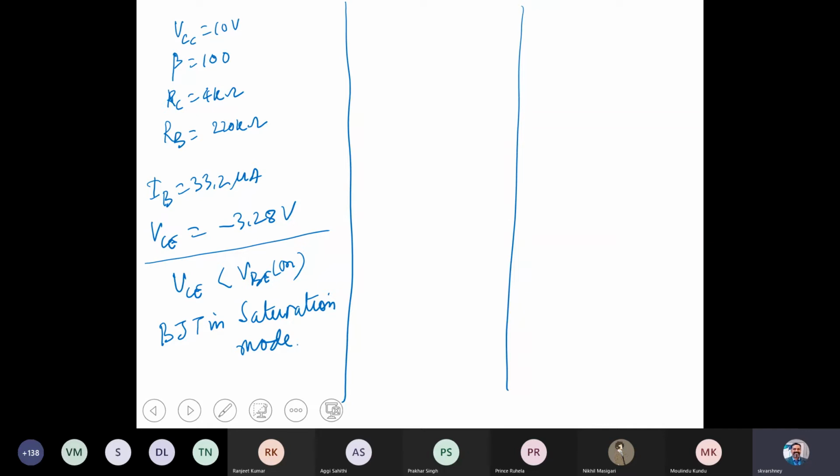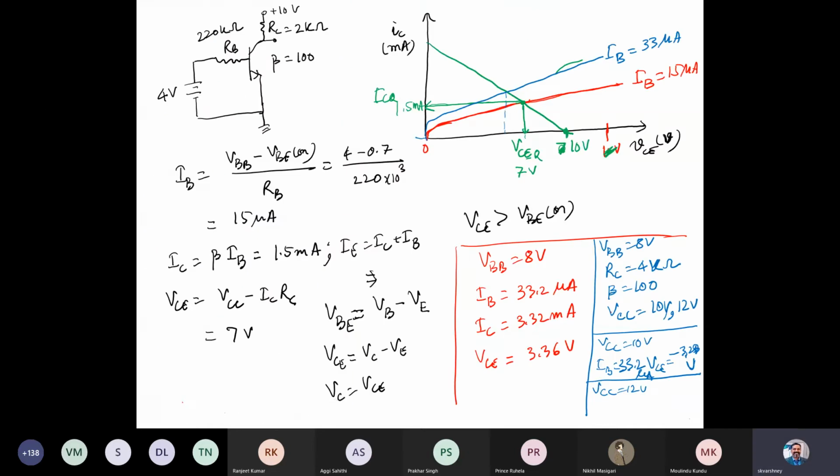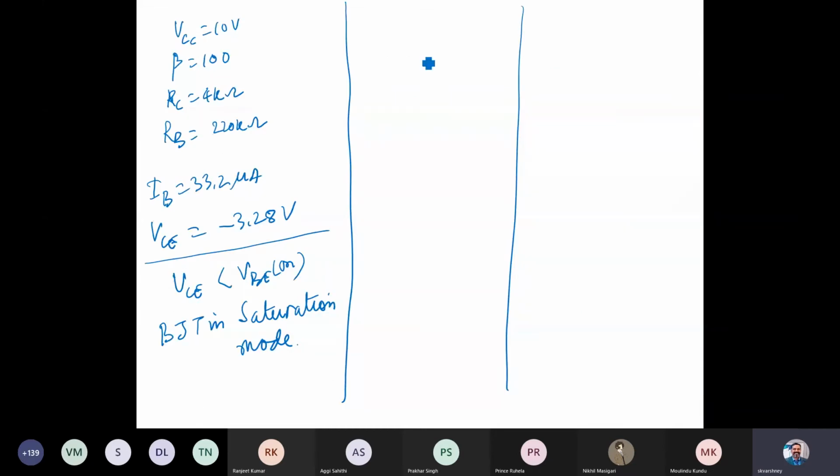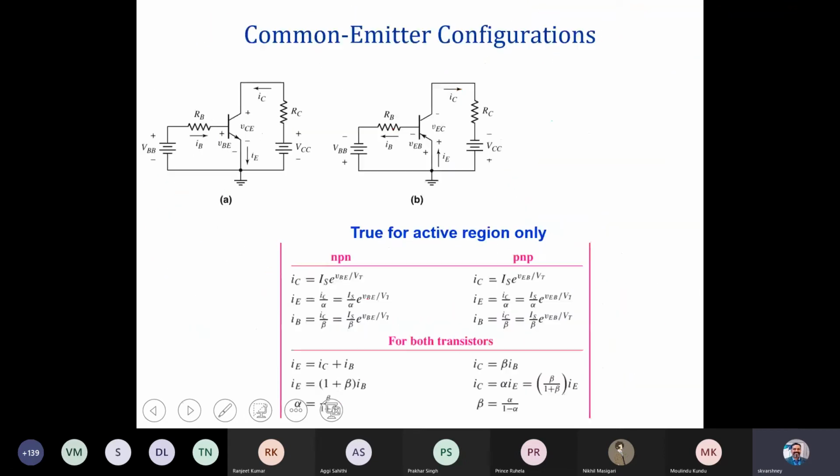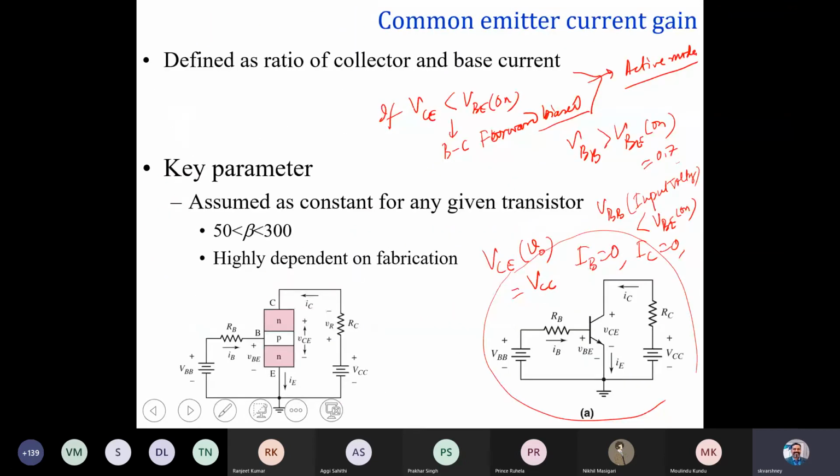So what does it mean? If I have the same, let's say 33 microampere, but what was changed was RC. So this point has moved. So this might be the case. Okay, this is not a good graph actually. Let me draw it once again. I can show it better somewhere here on the graph.